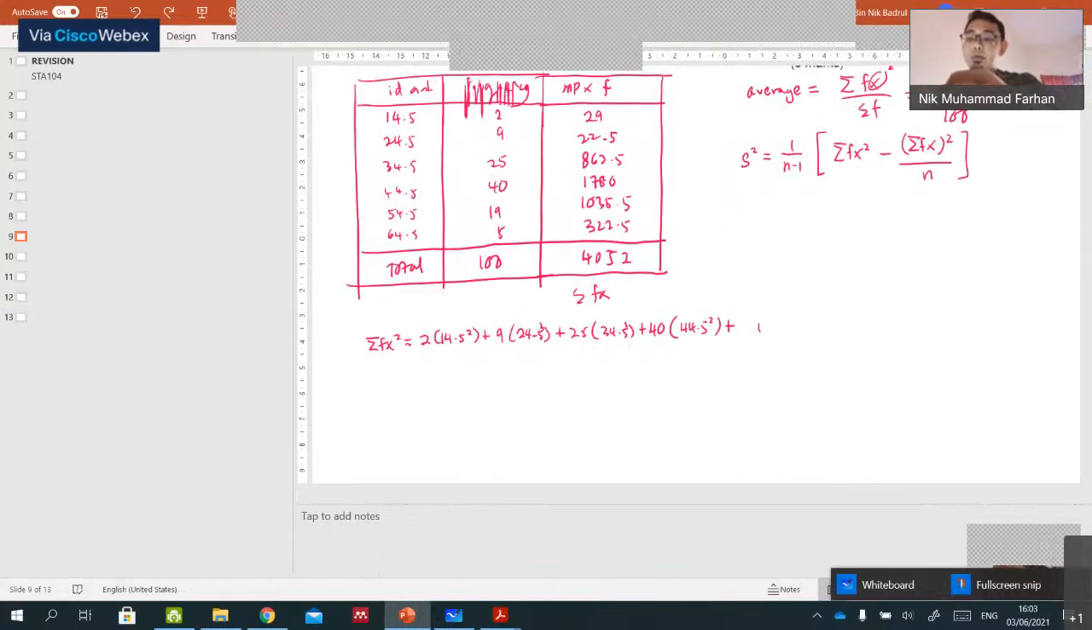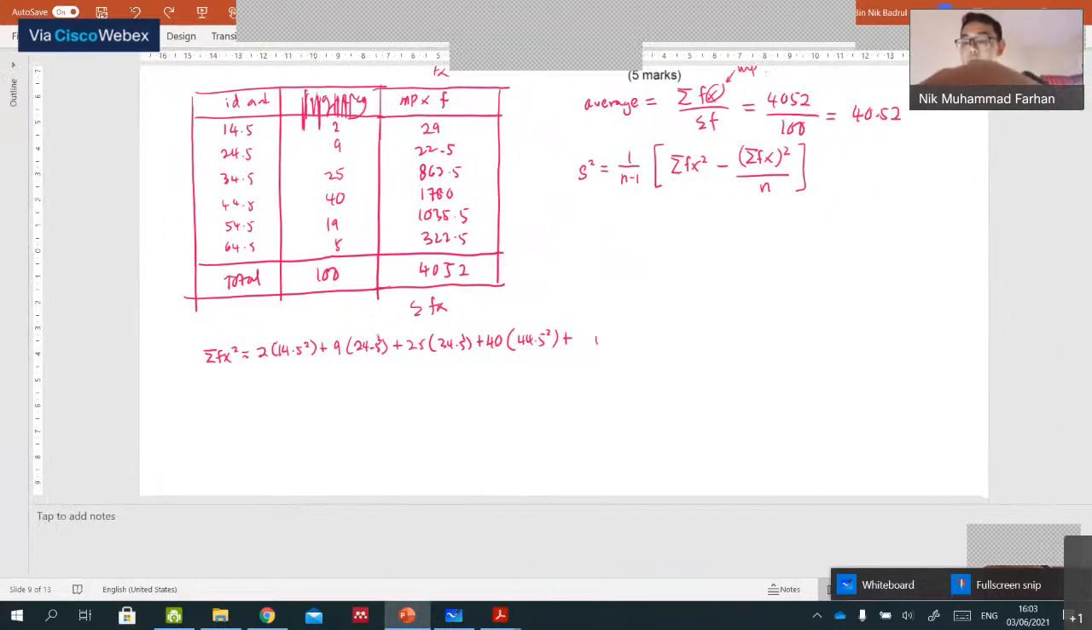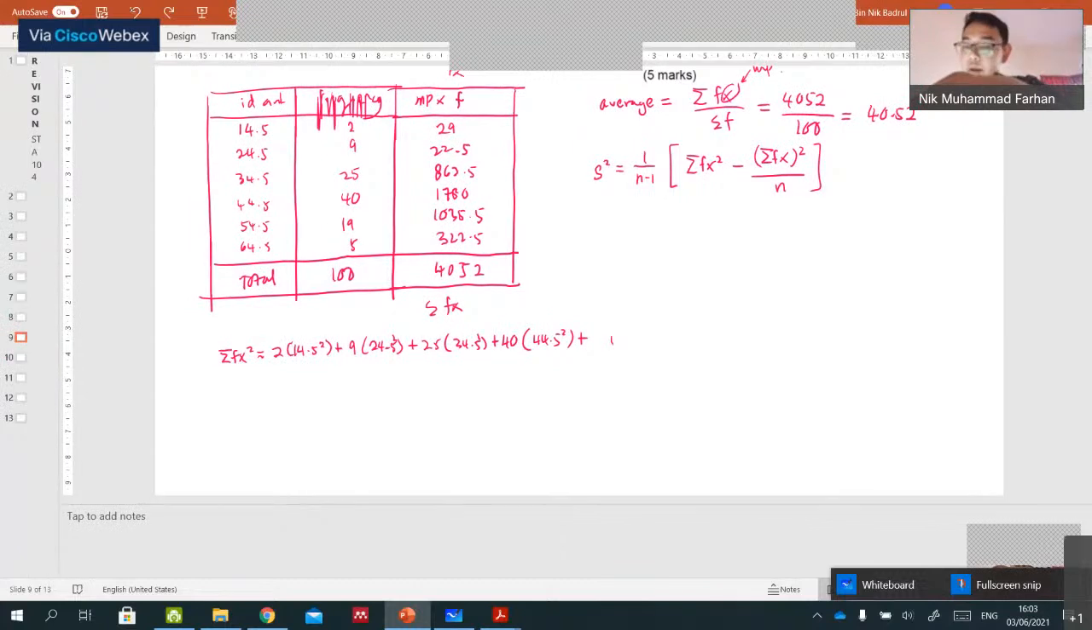40 apa ni? Okay, sorry ya. Apa nama tadi? 4 darab 4.5 square dah. 19 darab dengan 54.5 square. Kita tambah dengan 5 darab 64.5 square. Okay, kita cari nilai ya. Kena